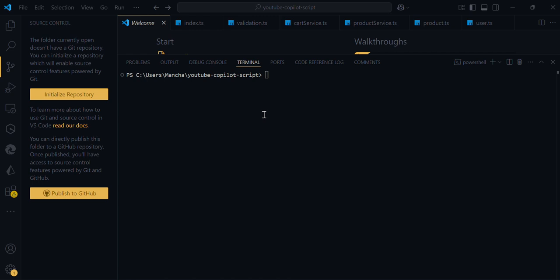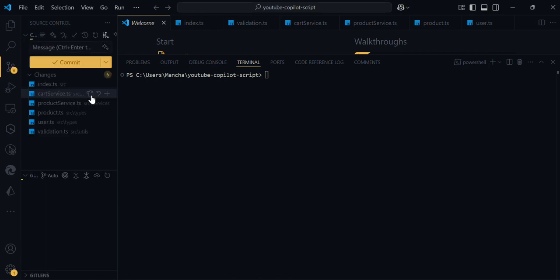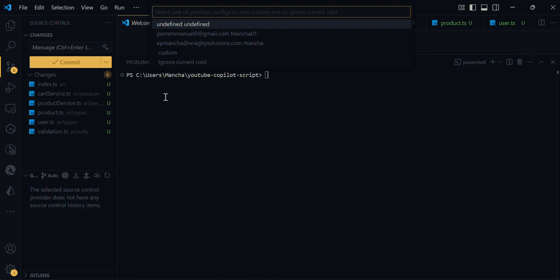For the purpose of this, I just generated some files, just for a sample cart feature. So let me initialize the repository, then we'll see how we can generate the message. Okay, so